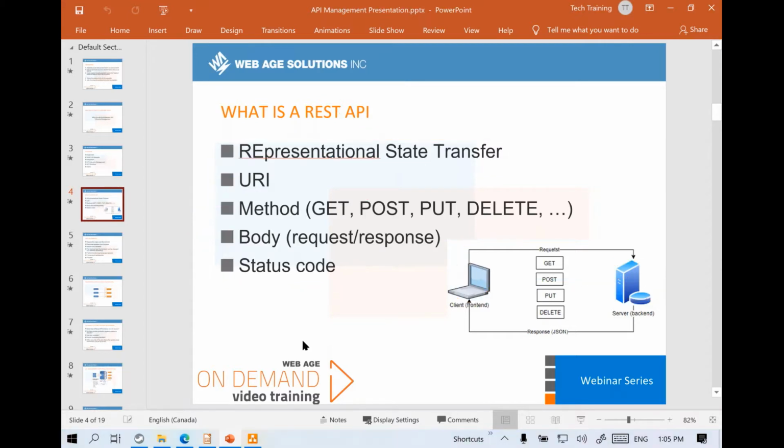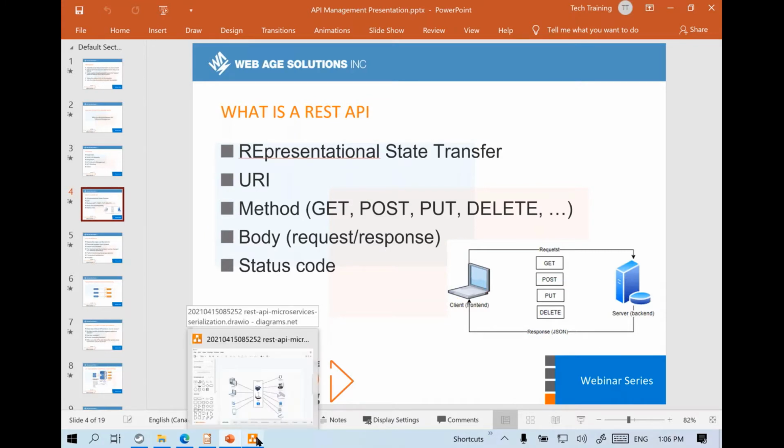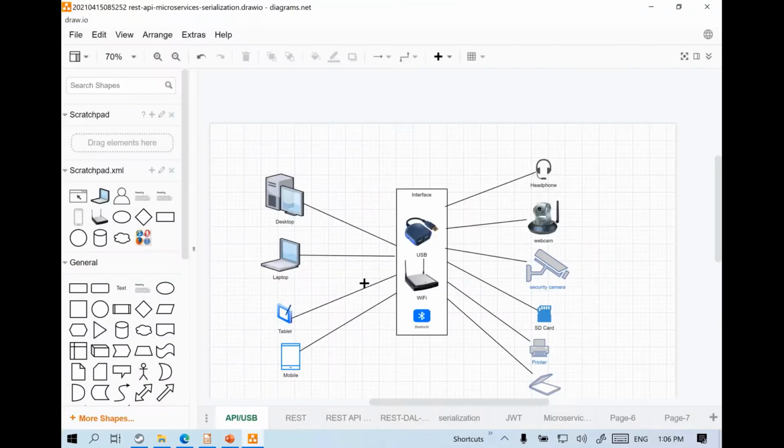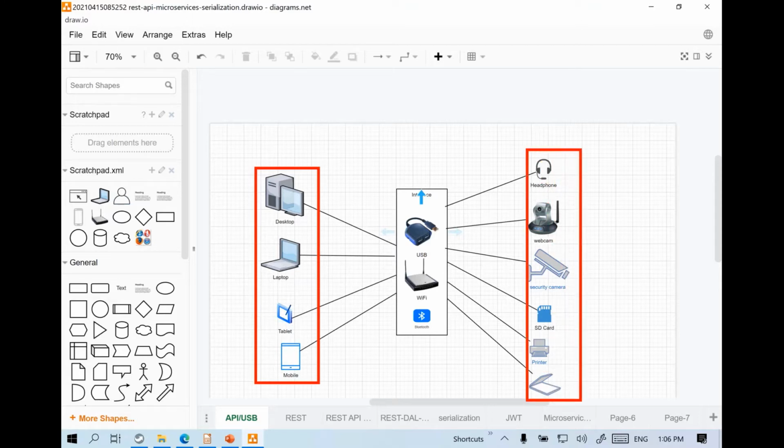First of all, let's have a basic understanding of APIs before we talk about REST APIs, web services, and so on. The reason we call these APIs or interfaces is just like we have devices: you can have a desktop PC, you can have a Mac OS based machine, a laptop, a tablet, a mobile phone, and you can interface, you can connect to any device like a microphone, a webcam, etc.